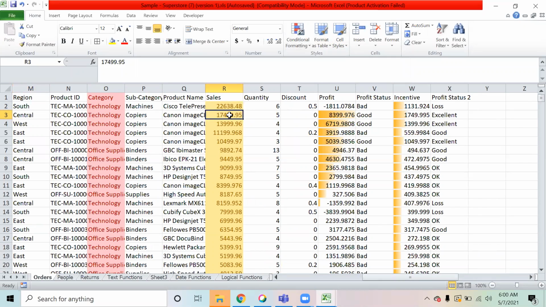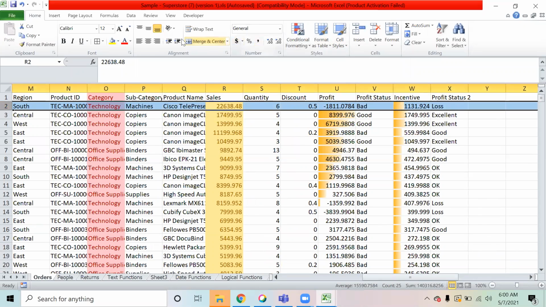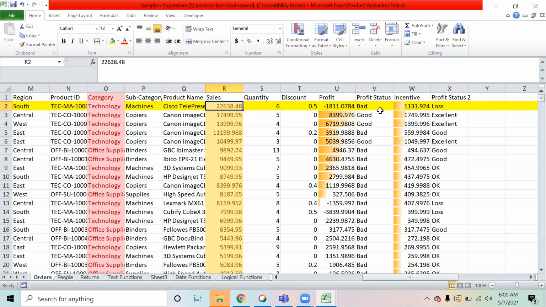Now I want all of you to calculate, if this is a sale that has happened in the South region, the percent share over here.